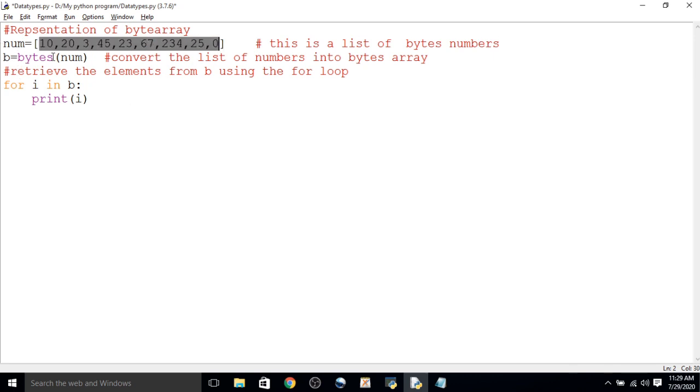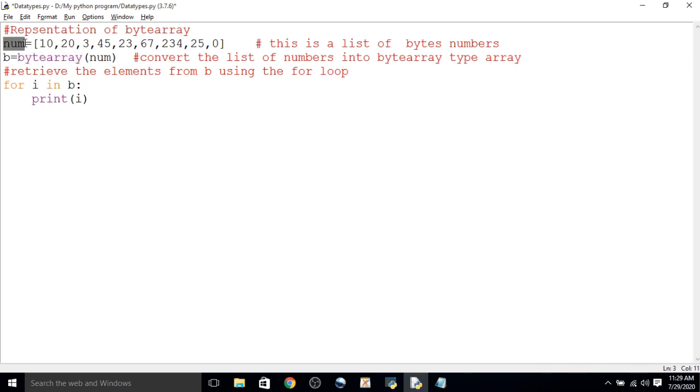Now convert those byte numbers into a bytearray type array. To convert the list of byte numbers, we are using the bytearray function.